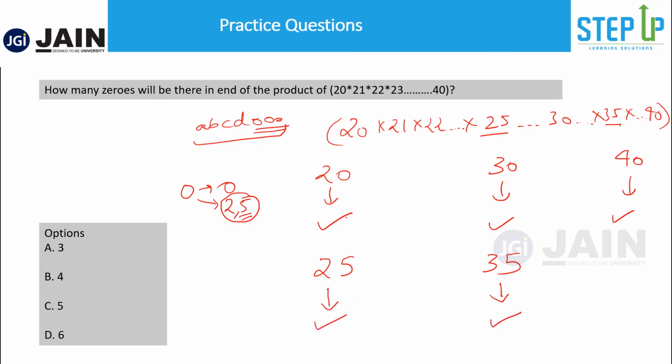You will be tempted to say 1, 2, 3, 4, 5, but just a second. And the examination setter, if he was smart, could have placed this as the first option and people would have marked it and got a negative mark also. But please understand, this is not the correct option. While these all will give 1 zero each, 25 is made up of 5 square, meaning there are 2 fives here. You'll get 1 plus 2 plus 3 plus 4 plus 2 zeros here. That means your answer should be 6.